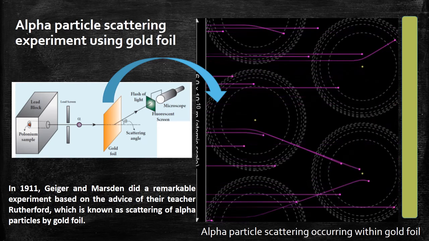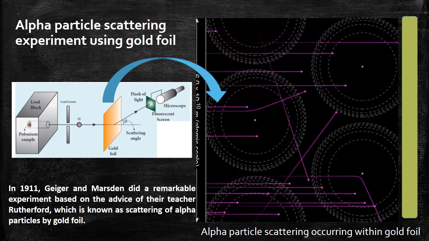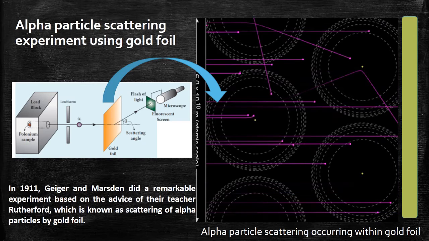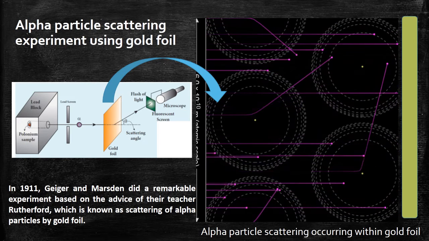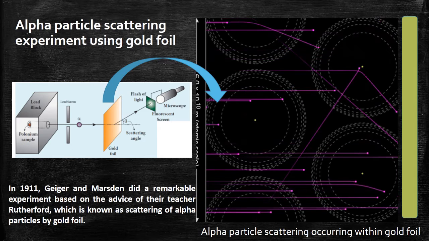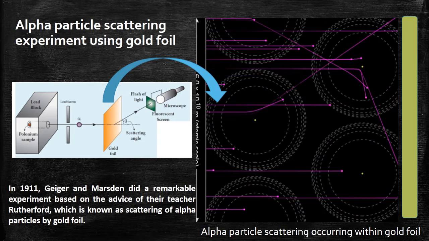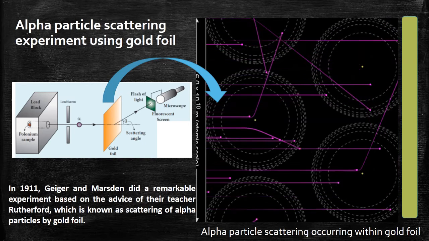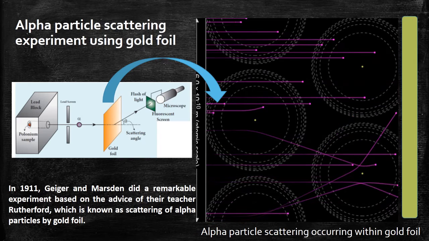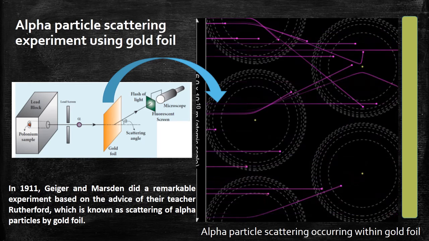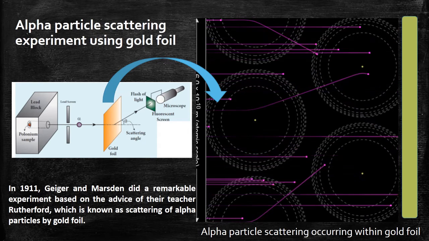Source of alpha particles means radioactive material like polonium is kept inside a thick lead box with a fine hole, as shown in the animation. The alpha particles coming through the fine hole of the lead box pass through another fine hole made in the lead screen. These particles are then allowed to fall on a thin gold foil, and it is observed that the alpha particles passing through the gold foil are scattered through different angles.